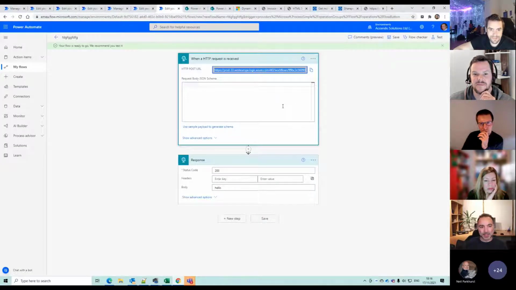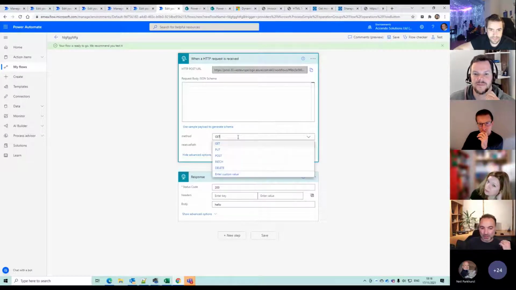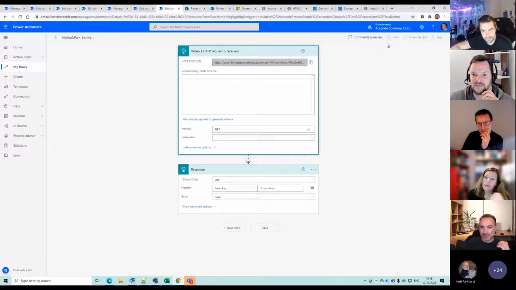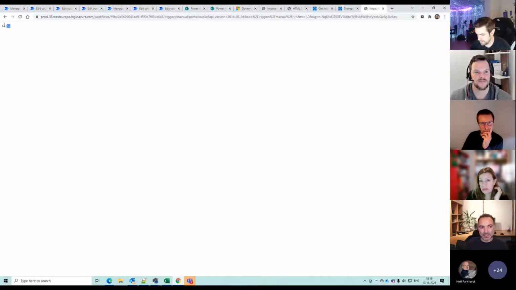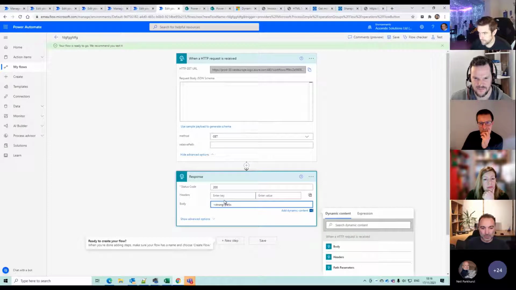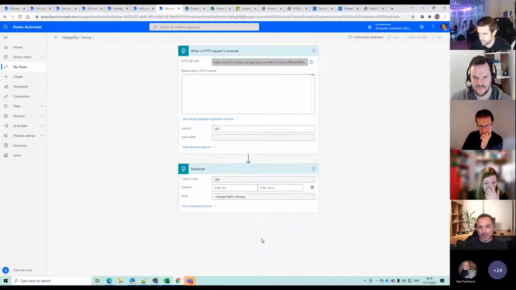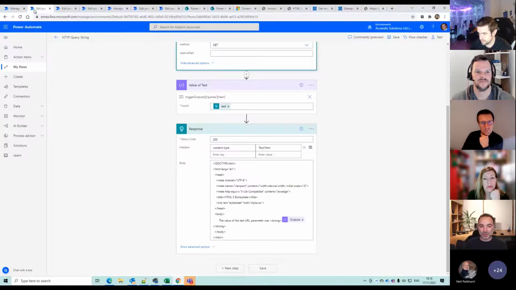Wow, how many flows? Okay, it's this one. I need to change the method to GET, because when we're looking at something with the browser, it's a GET request. Well, it's not always, but when we're looking at a web page, it is. So if I refresh that now, that's just going to say hello. That isn't HTML. If I put some HTML in here, if I make that HTML-ish,